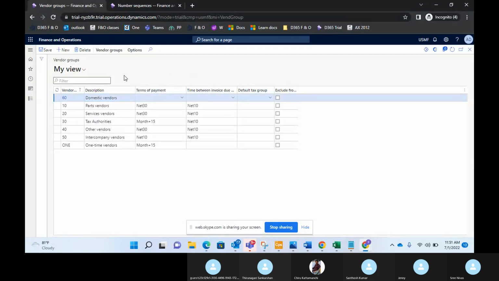And for example, in the domestic vendors, they have 100 vendors in the parts and services. They might be having different terms of payments, because the same terms of payment is not applicable to each and every vendor, right? So based on that, we'll have to give these terms of payment,